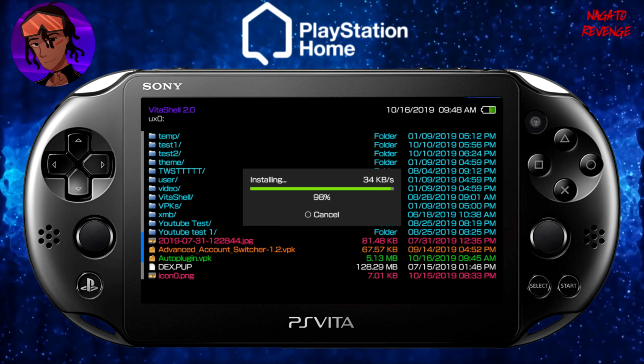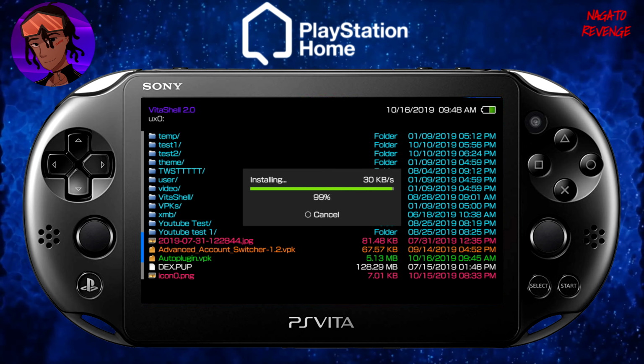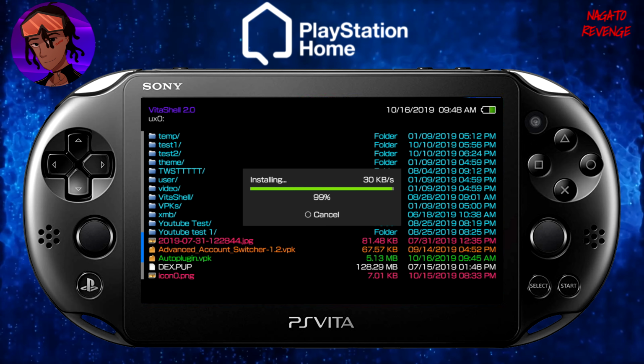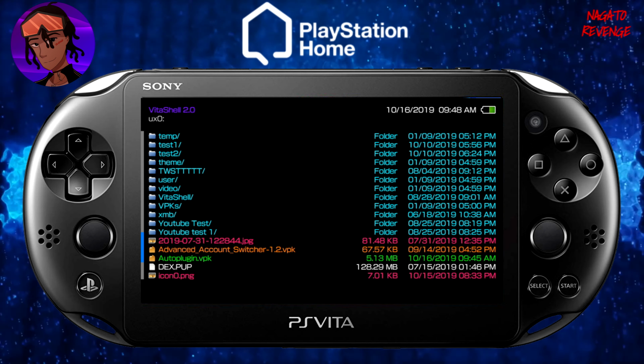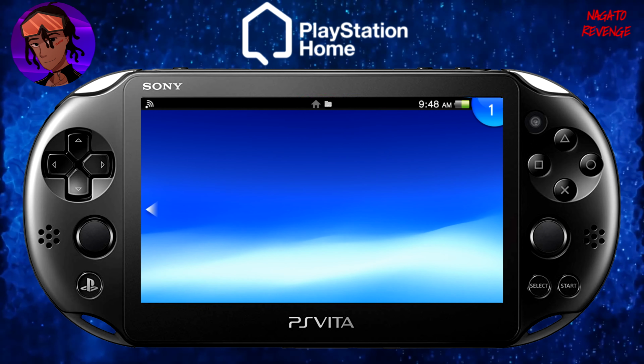So just waiting for it to do its thing. Sometimes it takes a little long. Alrighty, so it's now done. All we got to do is go ahead and hit our home button on VitaShell, or basically on our PlayStation